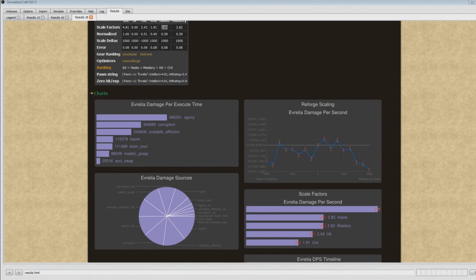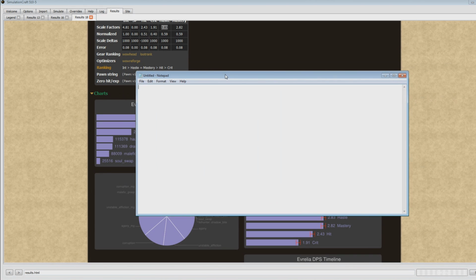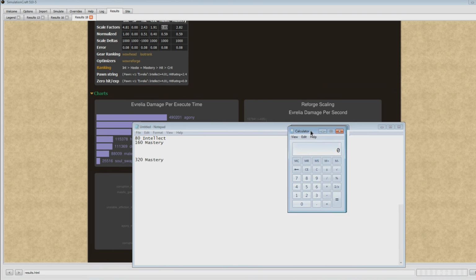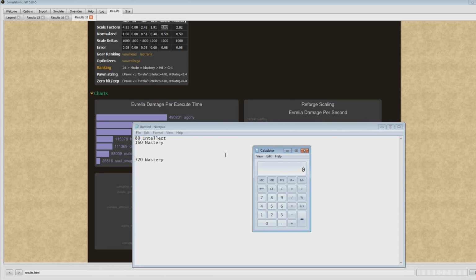Now, how is this useful? Well, let's say, for example, we have a gem. Let's say one gem has 80 intellect and 160 mastery, and another gem has 320 mastery. What we would do to figure out the value of these gems is multiply the stat by the scale factors. So for the first gem, we multiply 80 by the scale factor of 4.81, which gives us